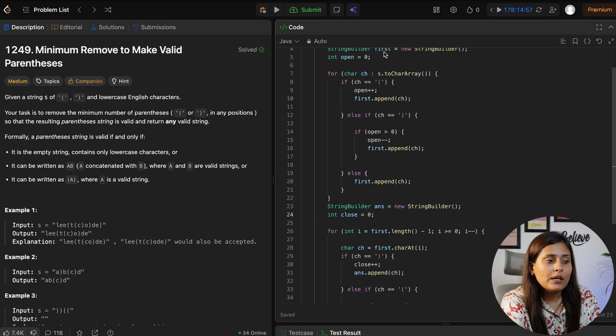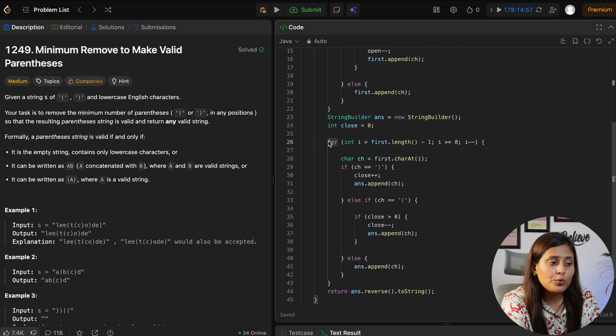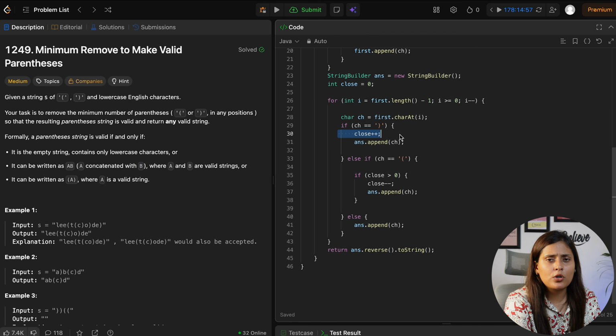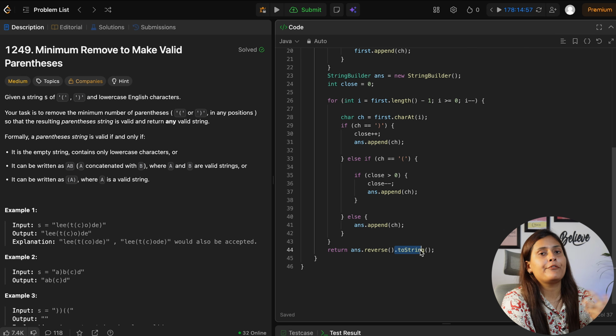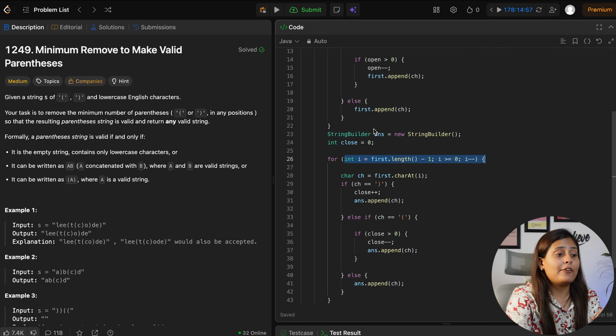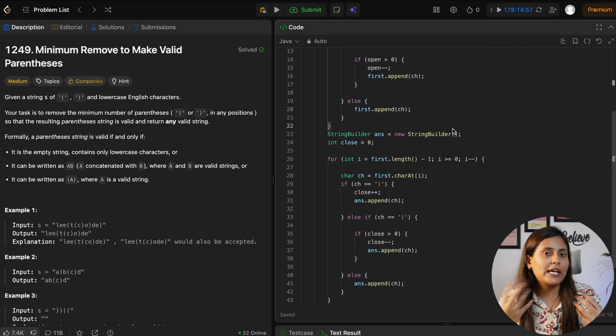So now what we'll do, earlier S was our string to remove the extra characters, and now the first will be our next string, okay, to remove extra open brackets. So when we iterate from right to left, we will remove from the first and not from S. I hope you get it, okay. Now again the same approach, once we find closing, we will do close plus plus and we will add that and save, and at the end we have to reverse and then convert it into a string to return. We reverse because we are iterating from right to left, and when we put characters in the answer string builder, the right characters would have been inserted at the initial location. So to return the answer we have to reverse it for sure, okay.